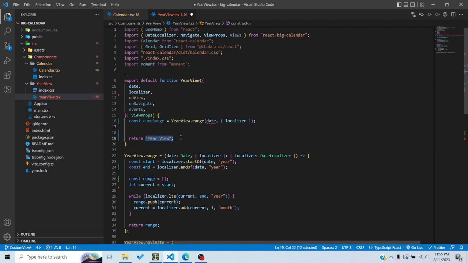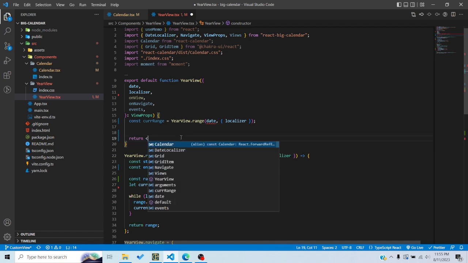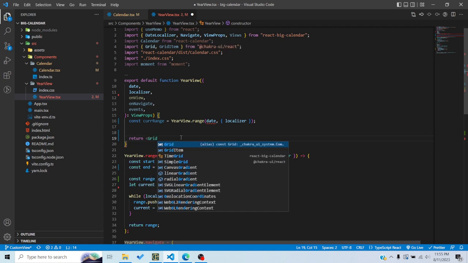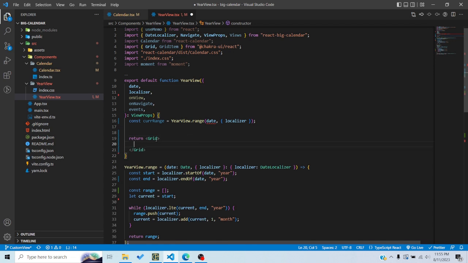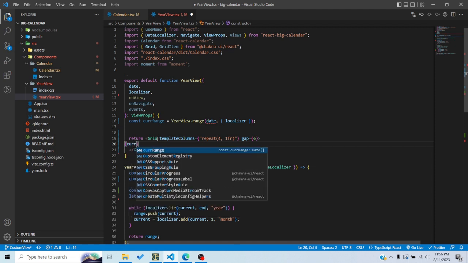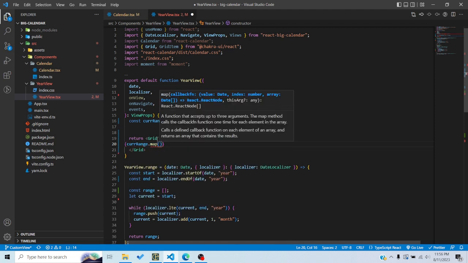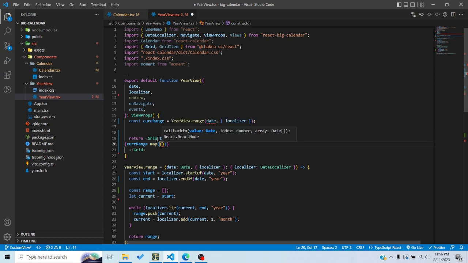Now here I would say I want to show all the calendars in a grid. So I will use the grid component from Chakra UI, and here I would say template columns is equal to repeat 4, 1fr. So basically I want 4 equal width columns, and then I want to give these columns and rows a gap of 6. And now here I would map, so I would say current range dot map, and here we will have the month,